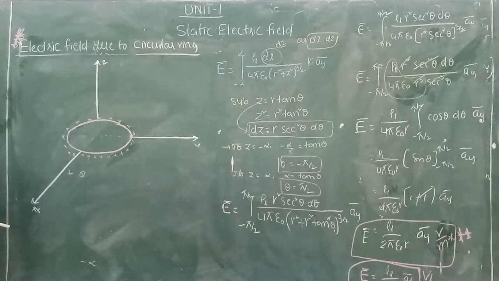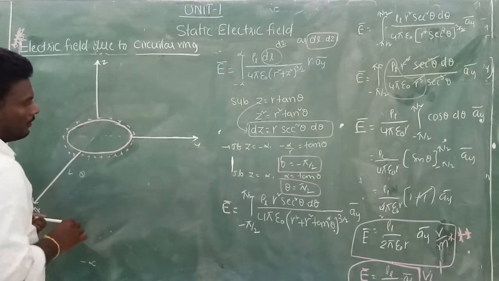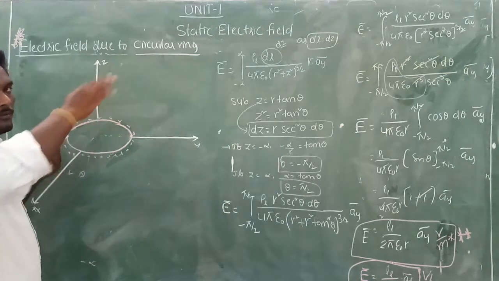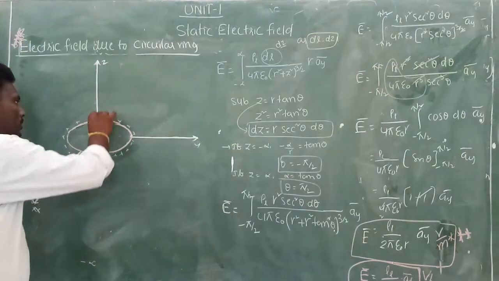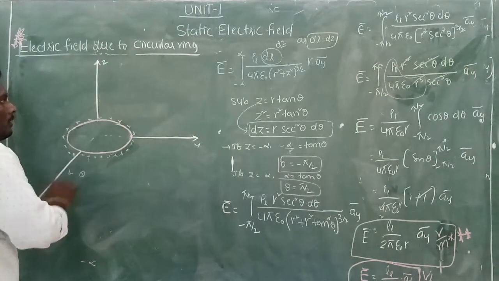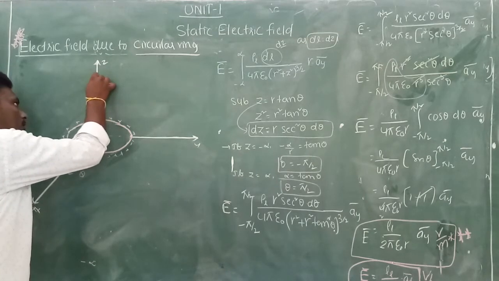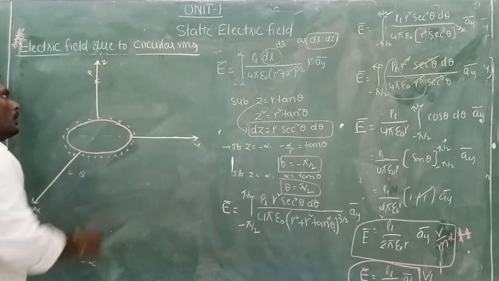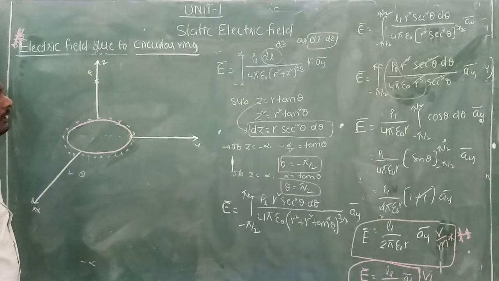Next, see, now whenever there exists a line charge, what will happen? It produces its electric field lines around it like this. Anyway, now what I want here, I want to calculate the electric field intensity on the z-axis at this point. This is the point P, where I want the electric field intensity.